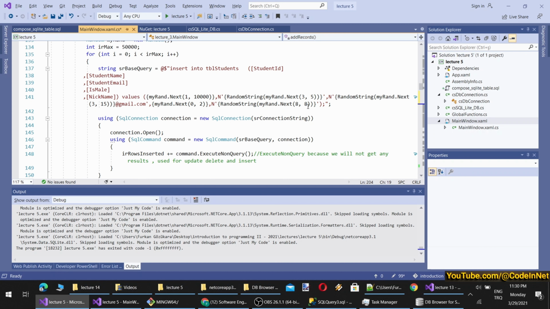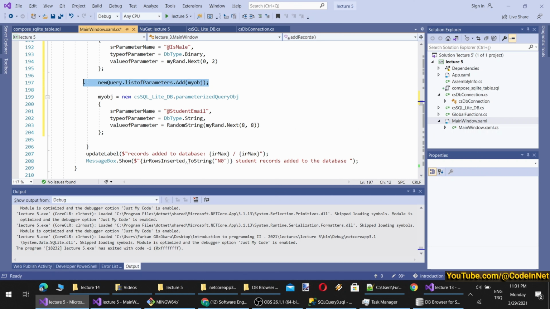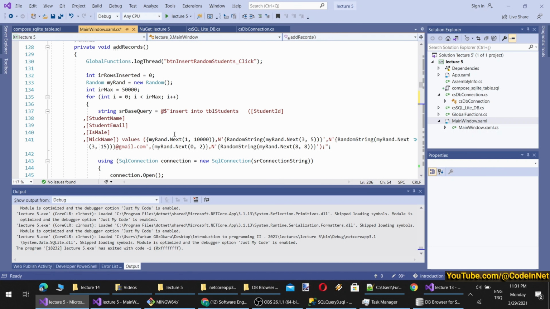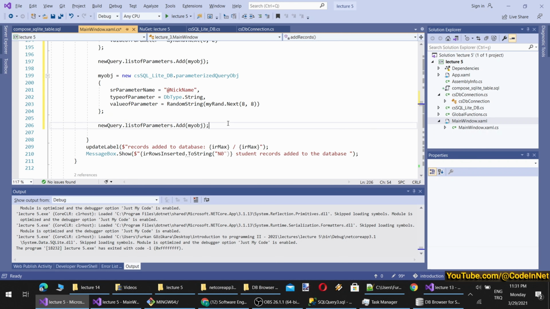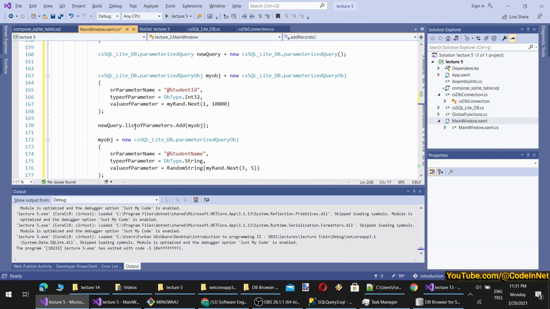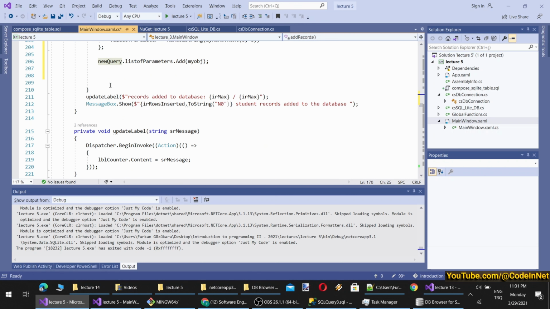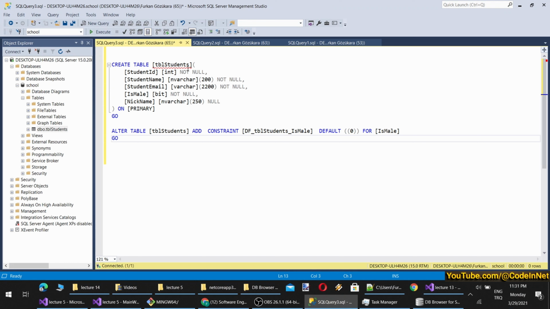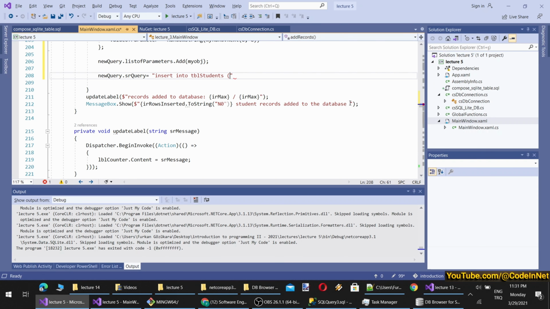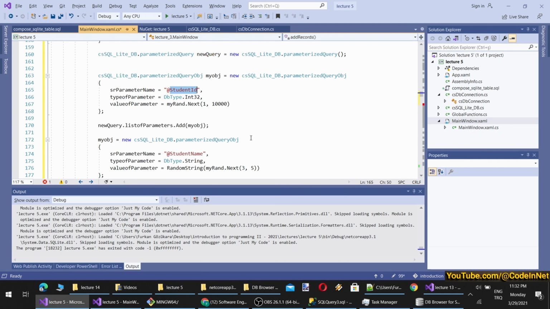I think the nickname is, yeah, it's here. So it is a little bit different. Here, add, and we have to change the parameter name, of course, to nickname. Okay, then we will set the remaining parameters of our new query, which is the query itself. So it will be insert into, so our table name is TBS students, and then we can set column names, or we can provide exactly the same as the column count. So we can directly add something like this: values equal to at student ID.